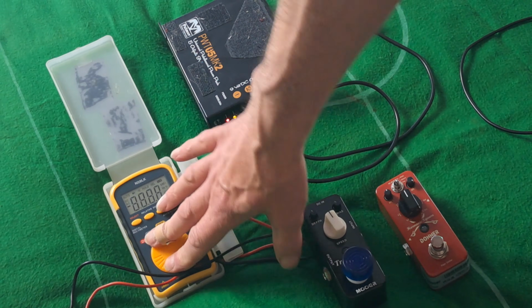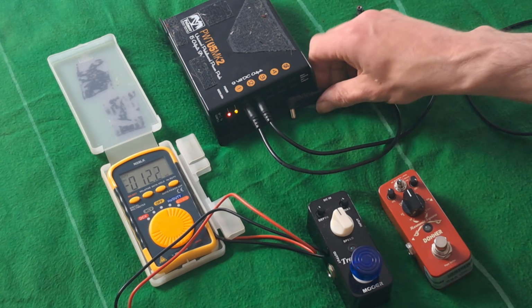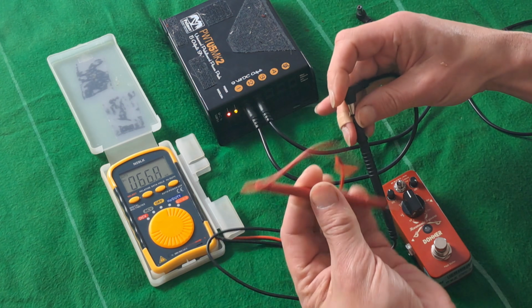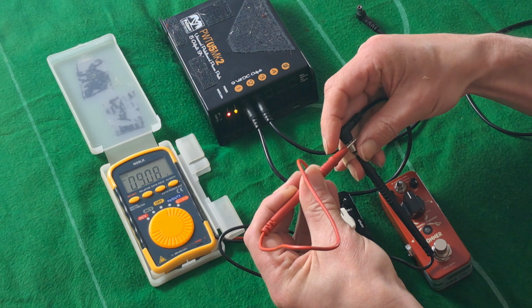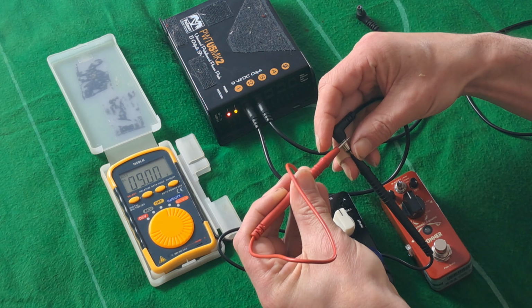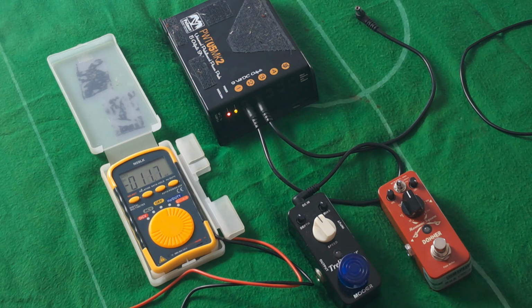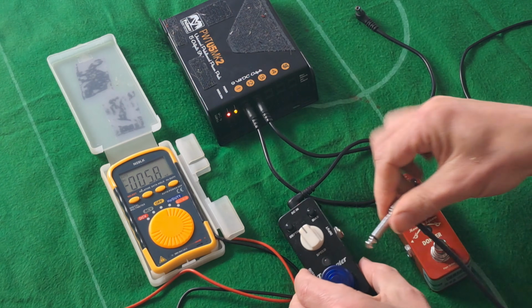If we want to double check, go to our multimeter, make sure it's pin negative, so we put the black into the center, and we're getting a perfect reading of 9 volts. So we know that that goes into this pedal. If the pedal doesn't light, simply plug